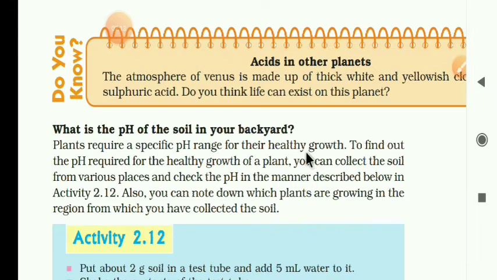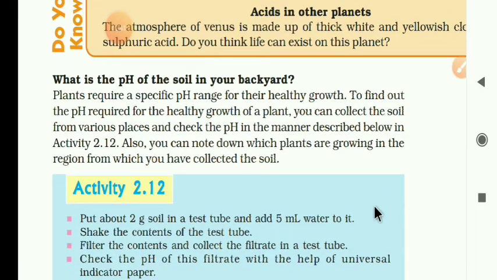The soil whose pH is 6.5 to 7, so the pH required for healthy growth of the plant is given here. The pH range is 6.5 to 7.3. For the growth and development of the shrubs, it becomes good. The farmers add lime, calcium oxide, to the acidic soil to neutralize it, while to neutralize the basic soil, they add gypsum to the soil.